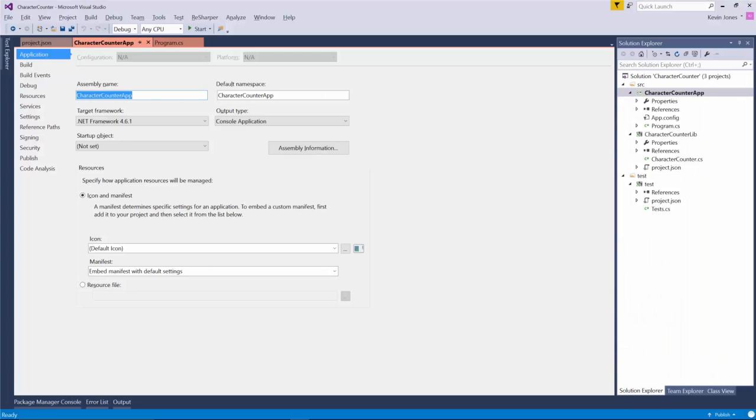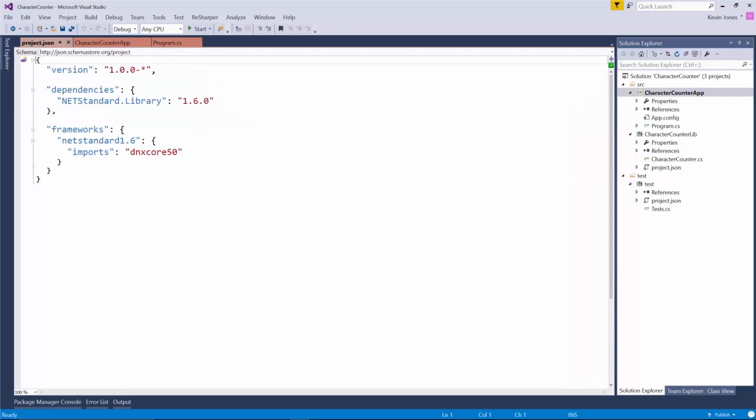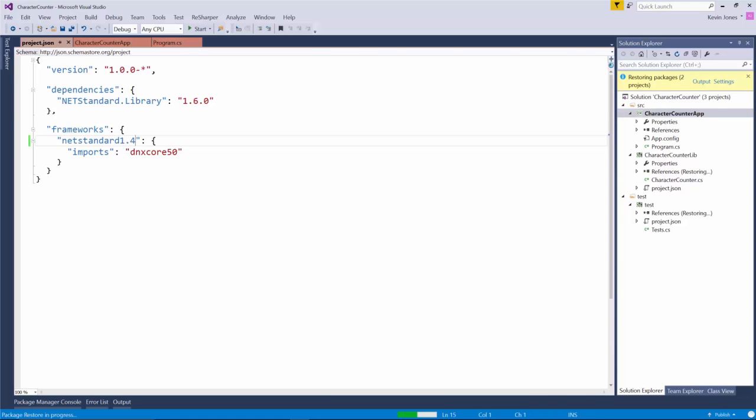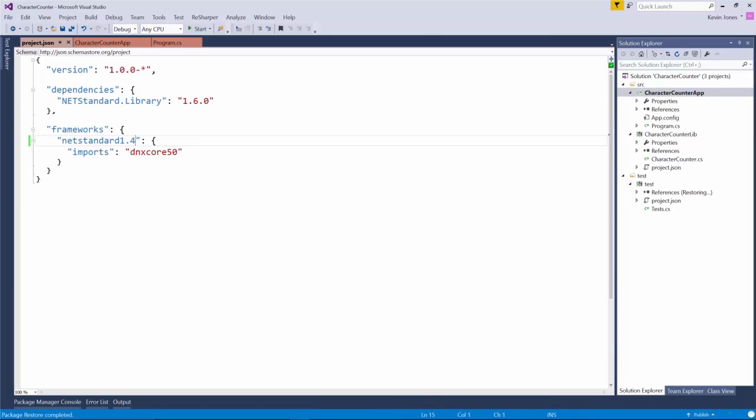So back in my project file, I need to say here that it's not using .NET Standard 1.6, it's using .NET Standard 1.4. So we need to make sure we change the Visual Studio project file to get this to work. It goes away and does a restore packages. So all the packages are now up to date. So once we've changed the version of the .NET Standard and we build the code, if we now run this